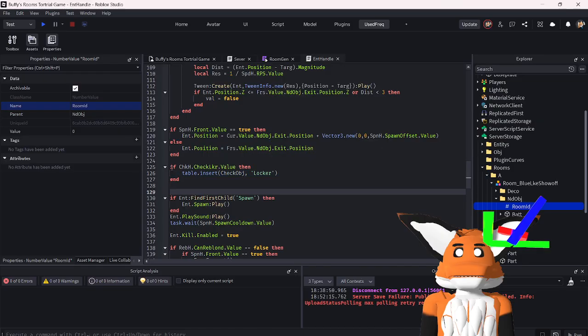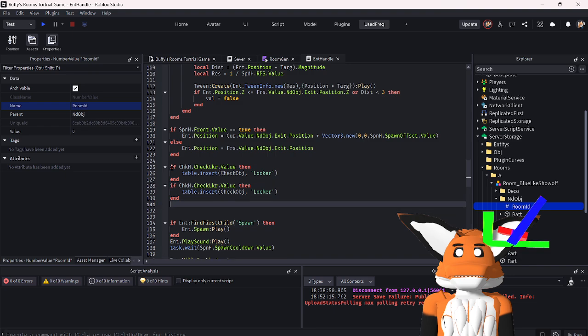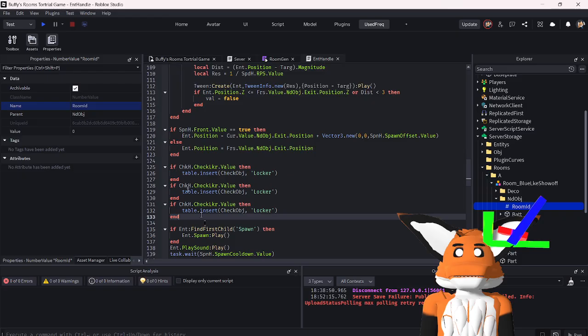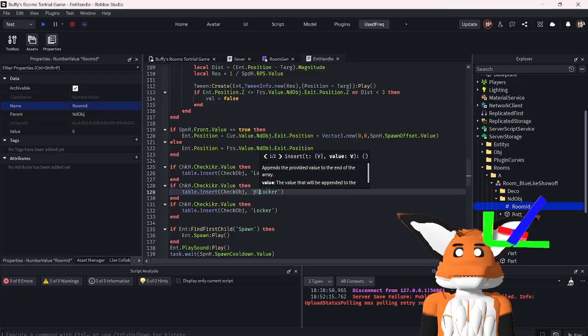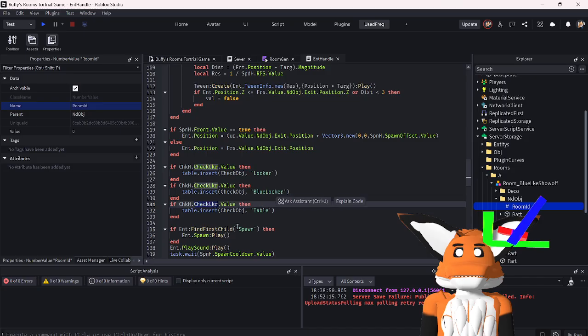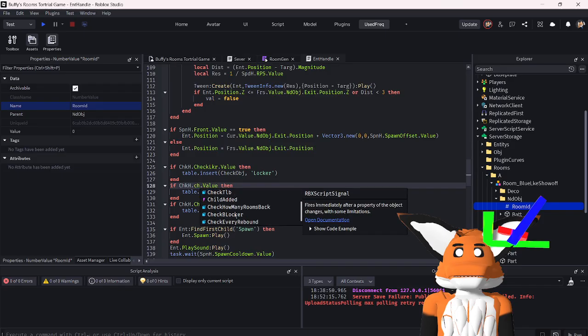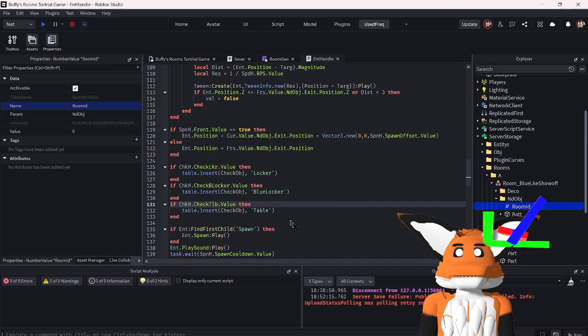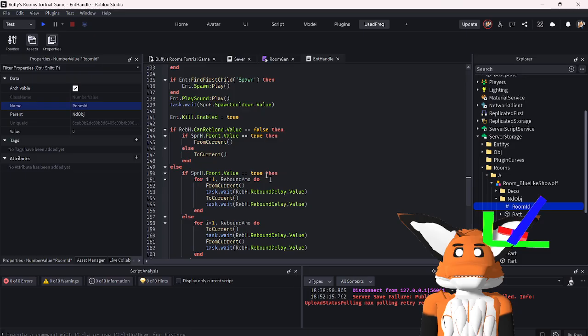Check obj dot quote walker. Copy this. Paste it. Paste it again. I'm going to put blue locker in this one and change this one to table. Change check locker to check TLB. And check B locker. And then we can just do